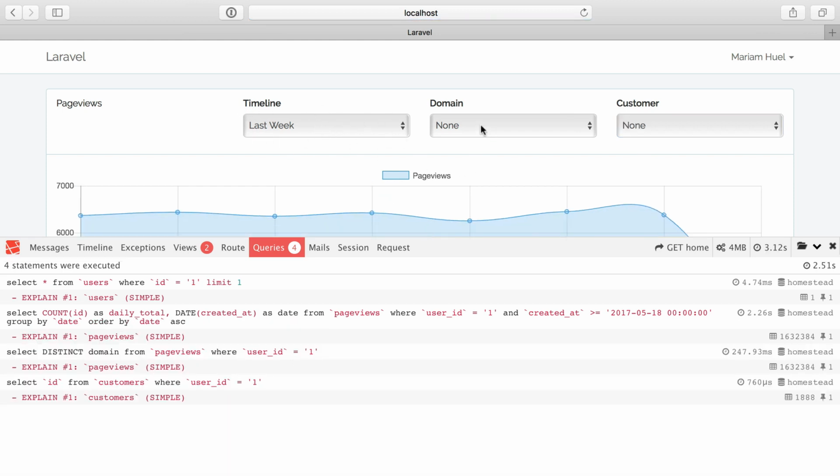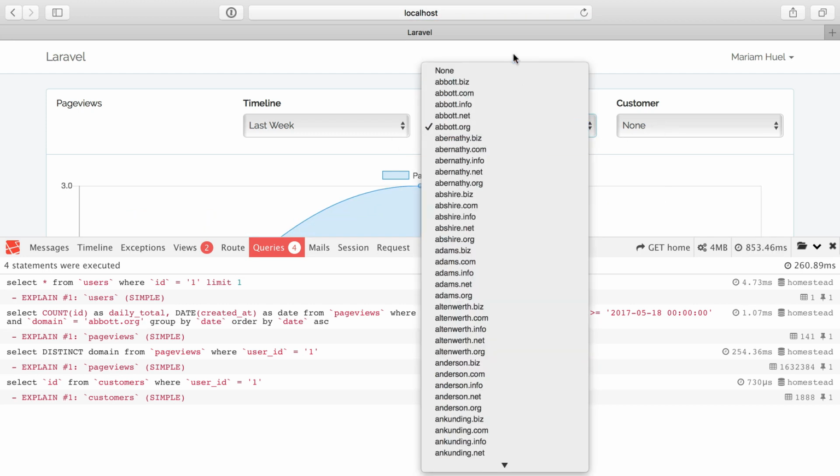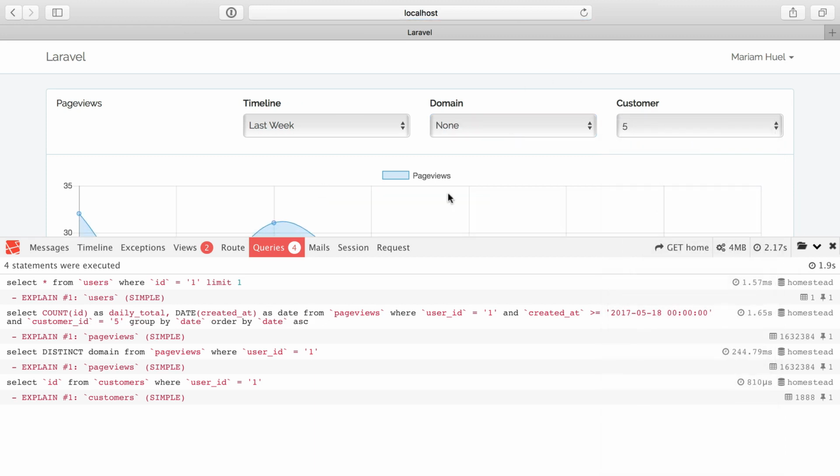the calculation it does. So we have a slow base query here where it's just based on time, just the last week. We have a fast query for anything that involves the domain being filtered on, even if it's customer. And then we are back to a slow one if our customer is set and our domain is not. So we have one filtering option here that's quick and the rest are really slow. So we want to see what kind of indexes we can add to improve that for the other filtering options